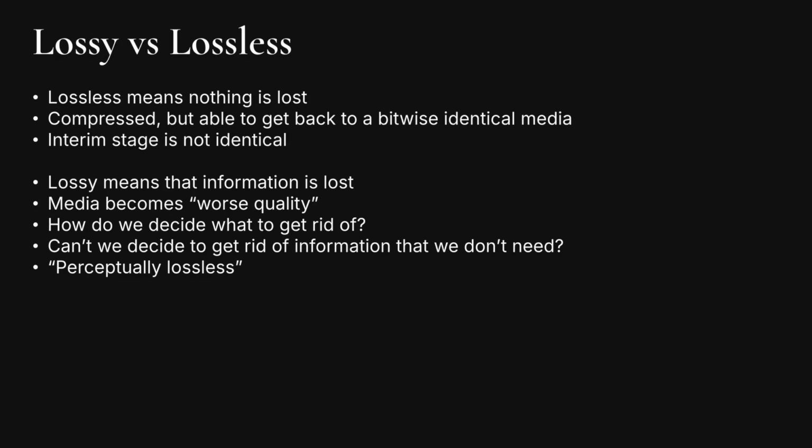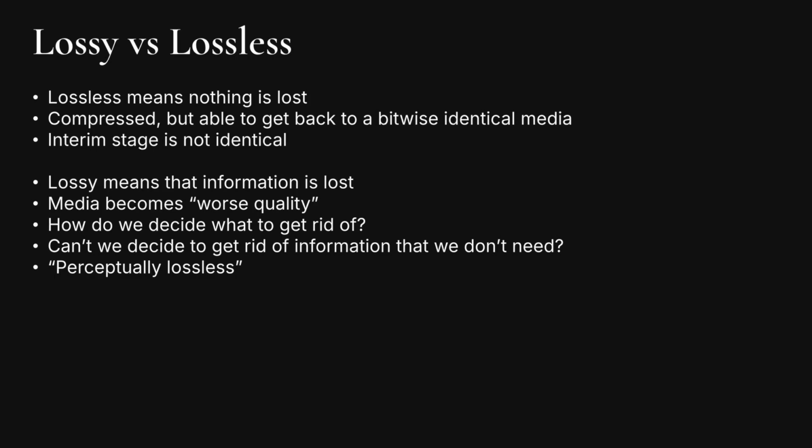And what we're aiming for is, it is a lossy file, yes, but we're aiming for it to be perceptually lossless, which means that if I put a bitmap in front of you and I put a JPEG in front of you and you can't tell the difference, is it really lossy? Well, I mean, it is lossy by definition, but is it really, really lossy? It's perceptually lossless. And while we're on this subject,